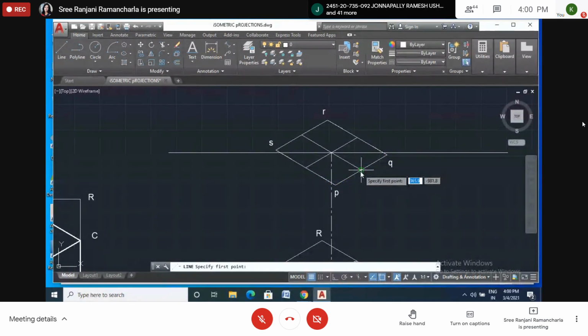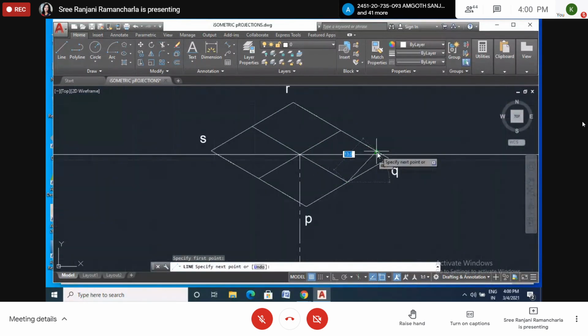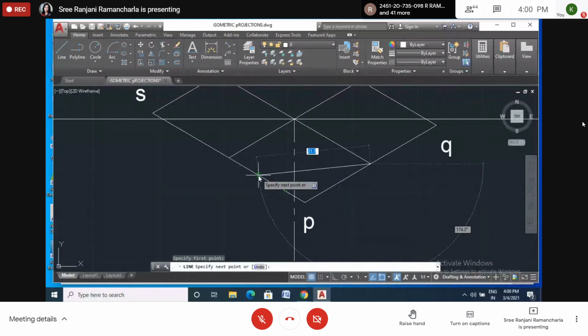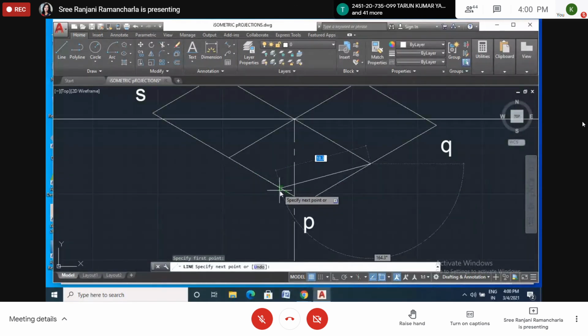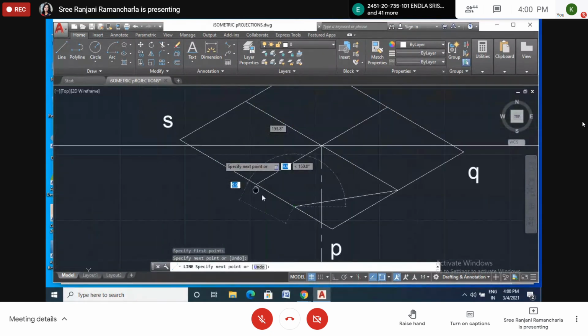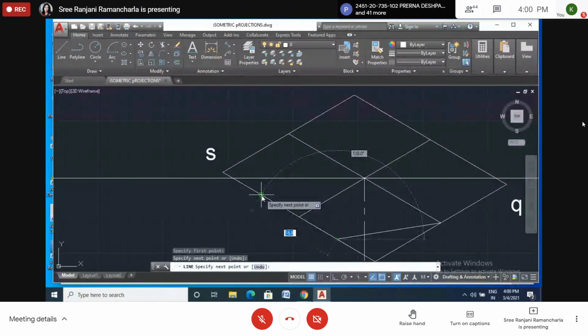So from here I want to start here and line. So here the endpoint will show. You have to select the endpoint showing. Here it is not copied. Okay. Why is it showing midpoint? Yes. See how it's showing. So here also one endpoint has to show. Then only you select that point.